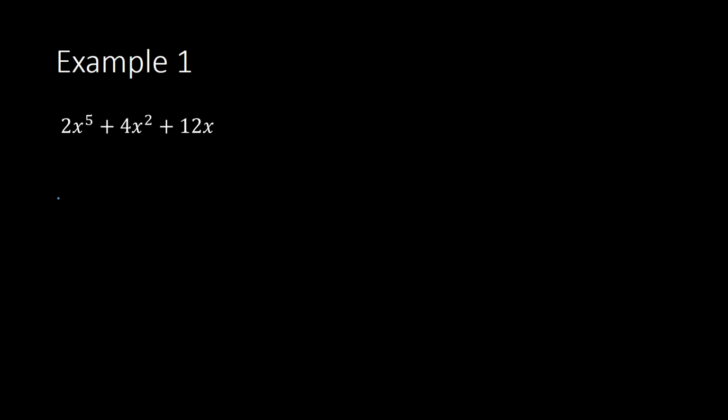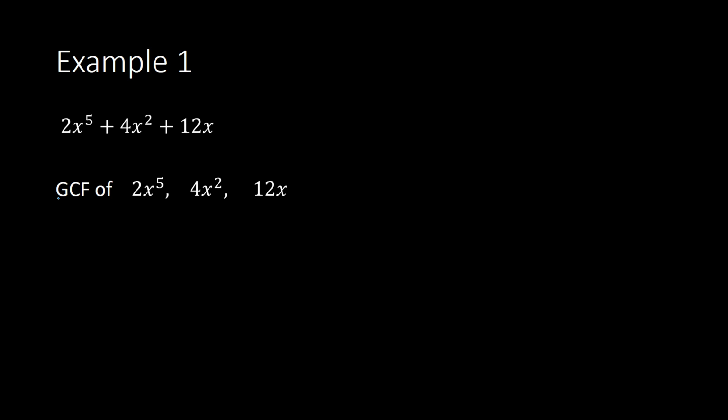Here we have 2x to the fifth plus 4x squared plus 12x. And the question is, how do we go backwards? How do we get something outside of the parentheses and then something left over in the parentheses? Well, I want to find the greatest common factor of each of these three terms. So we're asking ourselves, what is the greatest common factor of 2x to the fifth, the 4x squared,